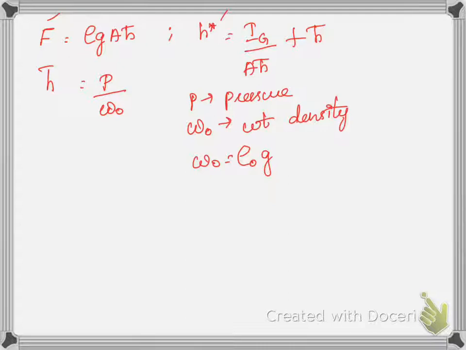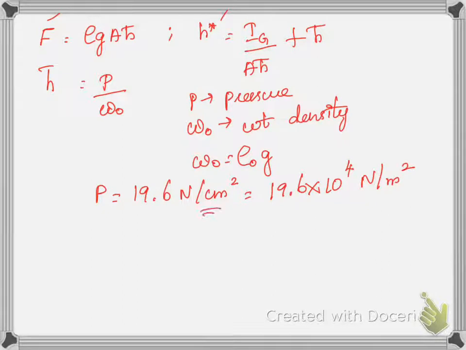So pressure at the center of the pipe P is given to be 19.6 Newton per centimeter square. So we have to convert it into meter square. So 19.6 into 10 power 4 Newton per meter square. Centimeter is in the denominator, that's why we put 10 power minus 4 in the denominator, and when it comes to the numerator, it becomes a plus sign. And again you can see the density value, if it is for water, we take it as 1000. But here oil is given, so it is 1000 into specific gravity. So specific gravity of the oil is 0.87.